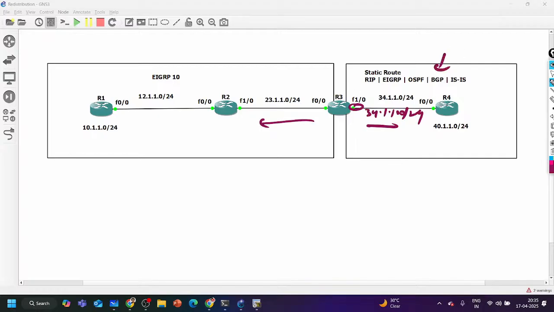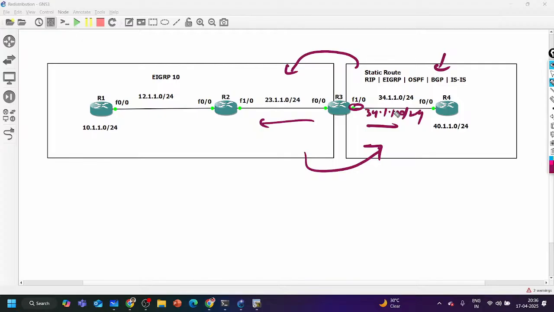We need some redistribution. Some routes from this domain should be advertised in this domain, and some routes from this domain should be advertised in this domain, right? Maybe some part of the company is doing the same work. That is the requirement, right? We cannot enable EIGRP on the other company's link, right? Generally, this will be one link.